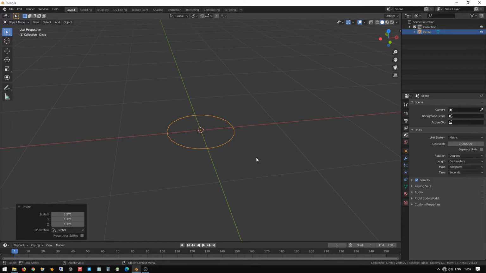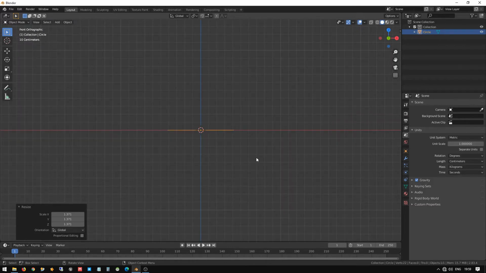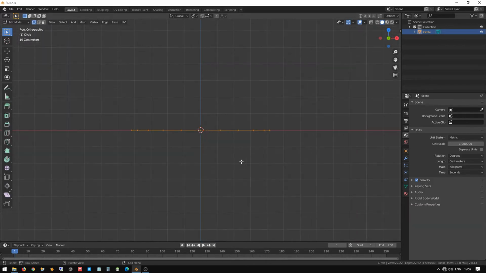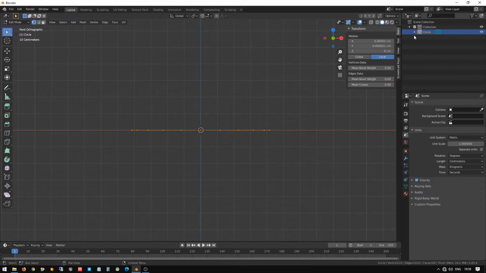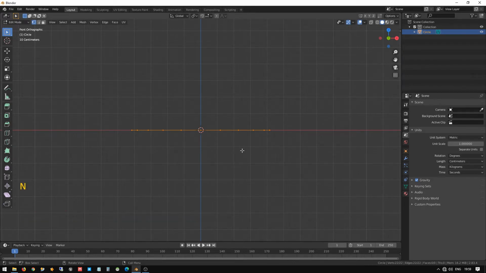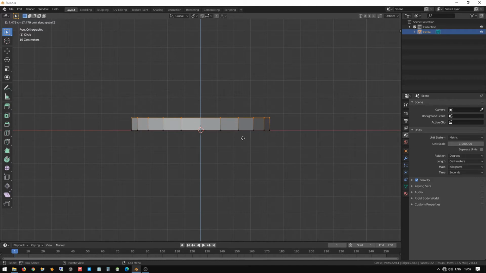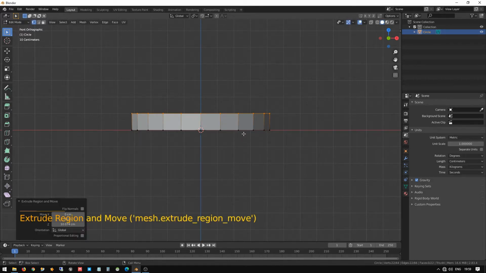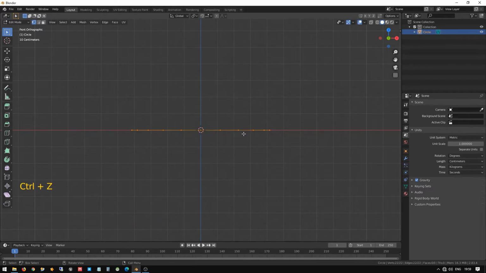Now please go to the front view, press the Tab key to go to edit mode. I just turned on the screen sharing so it will be easier for you. In edit mode, press E to extrude and Z to move along the Z axis.